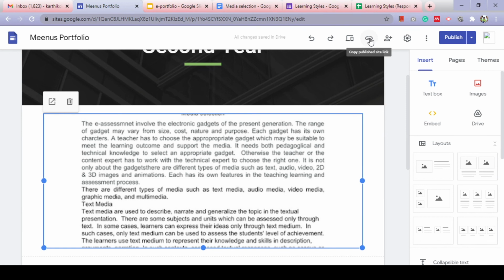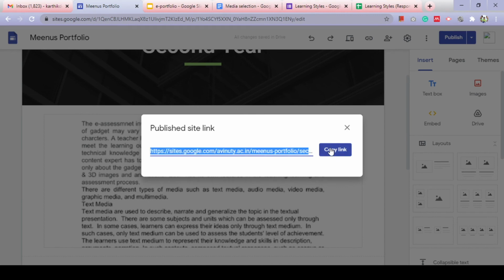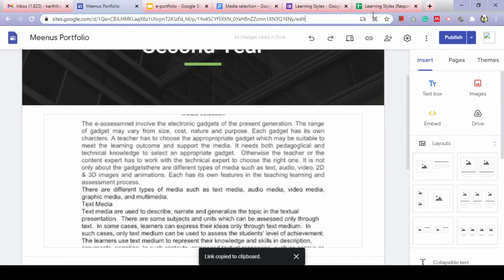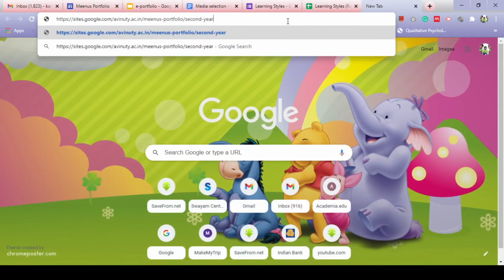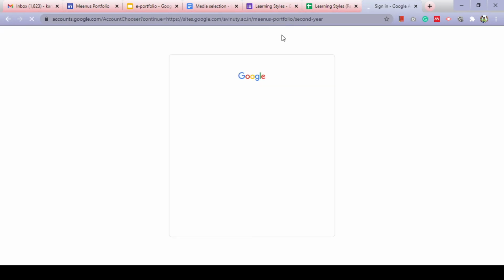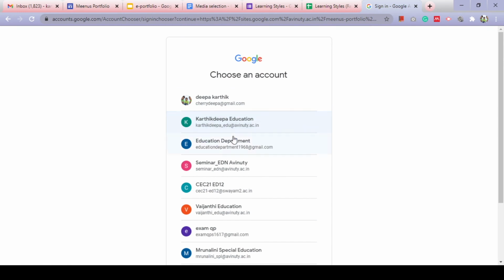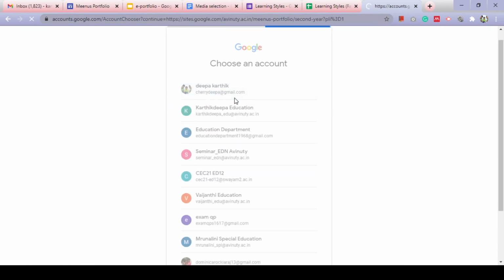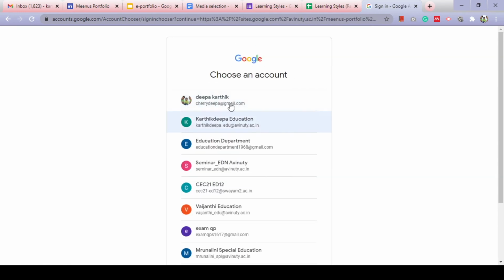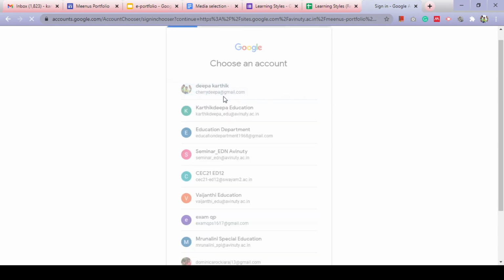Otherwise, after you publish everything, you can copy the link and share it with your teacher. Let us see how the published site is. So this is how your published site will look like.